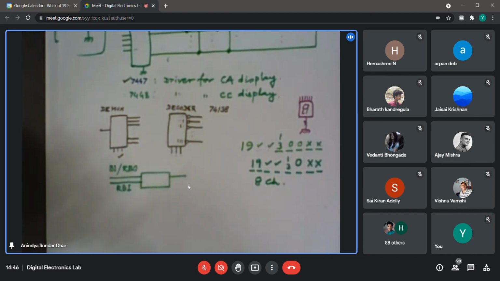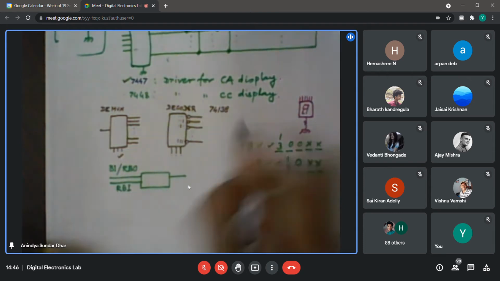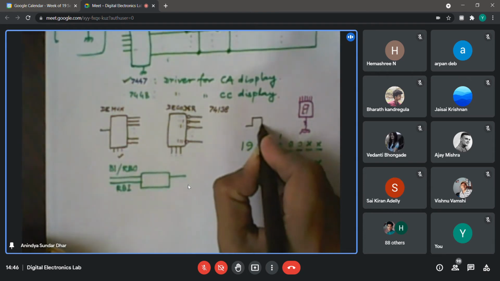So how do you think it can be possible? One digit is getting displayed for how much duration? One clock cycle.